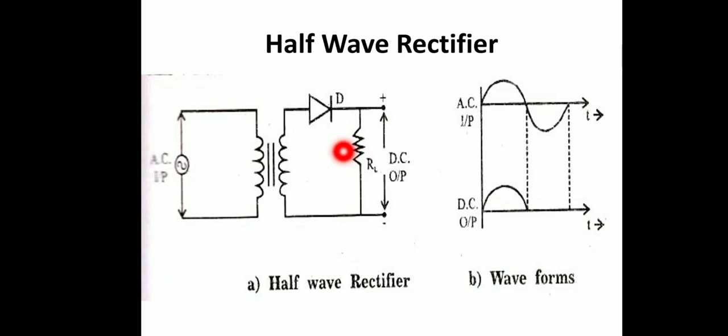In simple words, during the positive half cycle the diode allows current, and during the negative half cycle the diode blocks current. Thus electric current flows through the diode only during the positive half cycle of the AC current. This current which flows across the diode is nothing but a DC current. The PN junction diode acts like a rectifier by converting AC to DC.